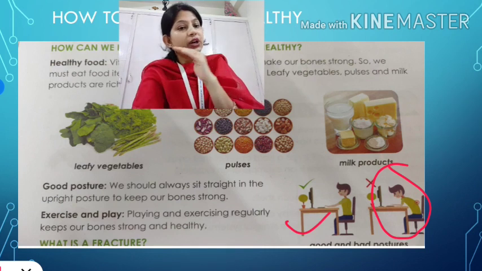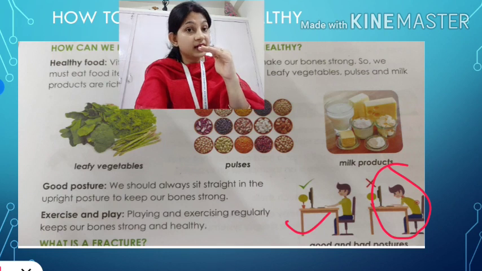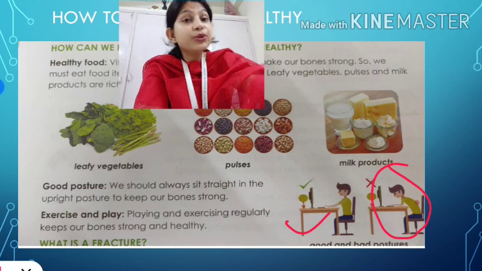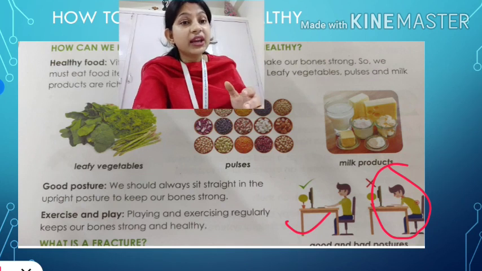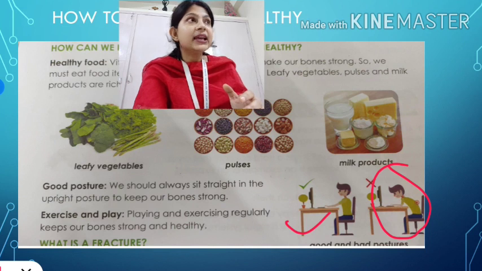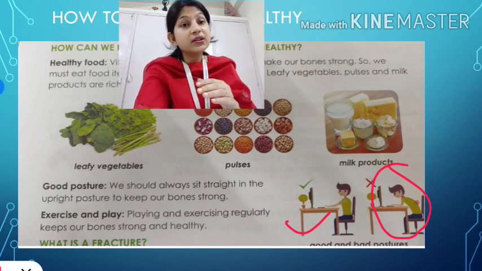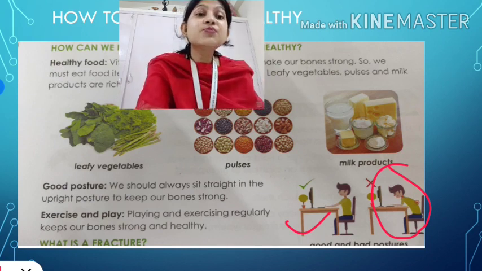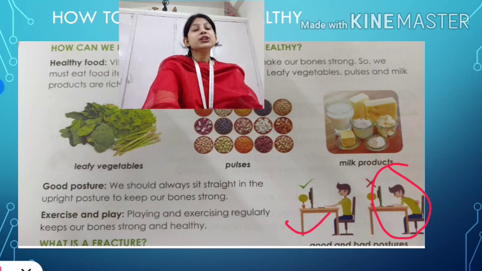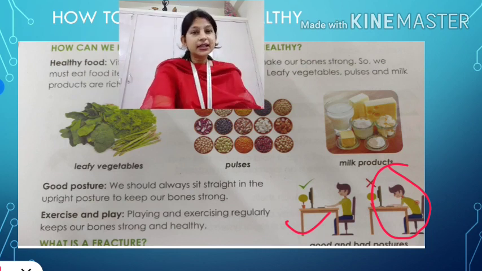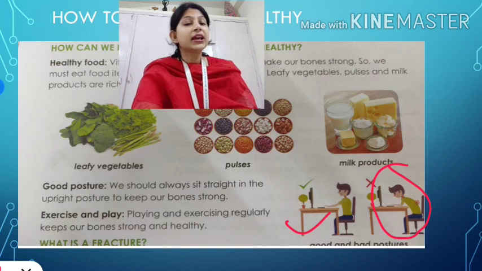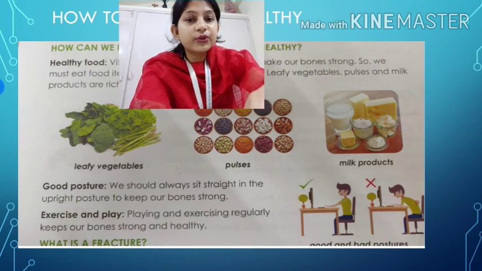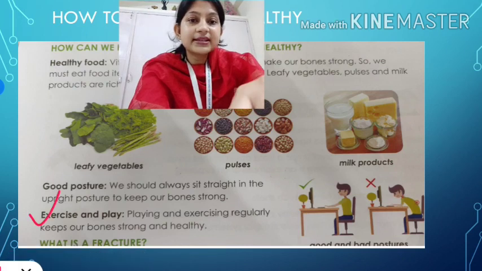Okay, and if you are continuously sitting in a wrong posture, your bones may get deformed or strained or have other problems. Many diseases are associated with sitting in a wrong or incorrect posture. One example is spondylitis. Nowadays, due to our lifestyle and continuously sitting at the computer with a wrong posture, this disease is very common nowadays, that is spondylitis. See, one more thing here is we should exercise and play.